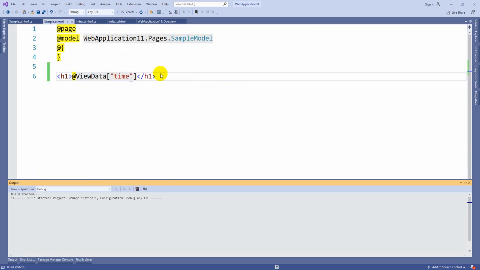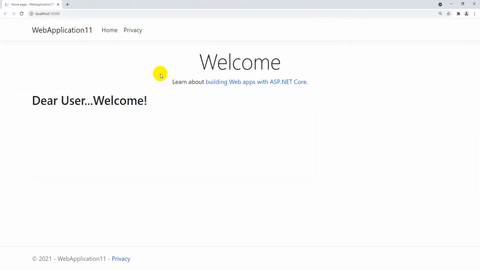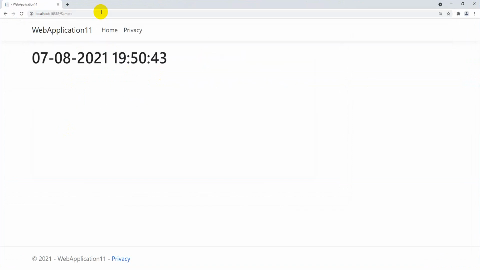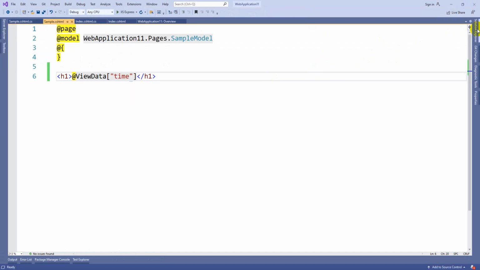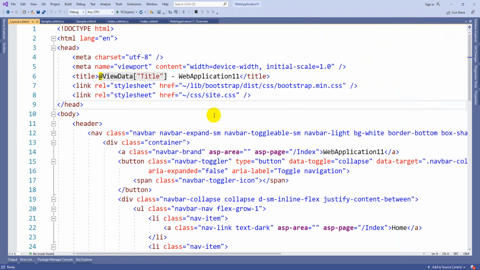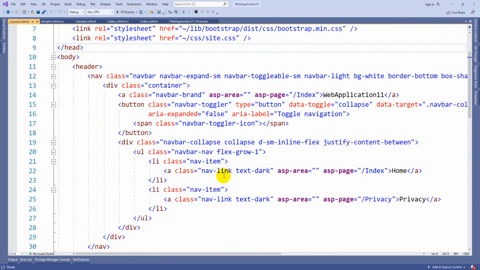Now you can execute, but by default it is going to execute the index page only. In case I want to execute my sample page, /sample should be used here. You can see by default index was executed, later I can execute sample. Like that you can create any number of pages and link them using the anchor tags available in Layout.cshtml, similar to our MVC. Under the Shared folder you can see Layout.cshtml. Remember, this is similar to our ASP.NET MVC layout page.